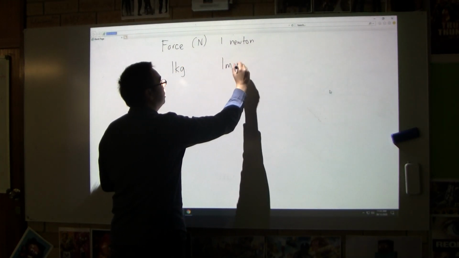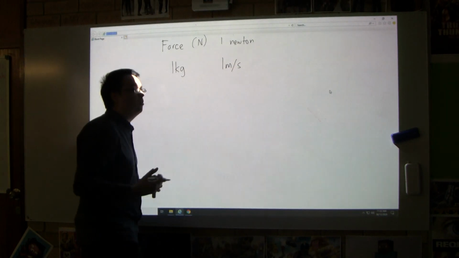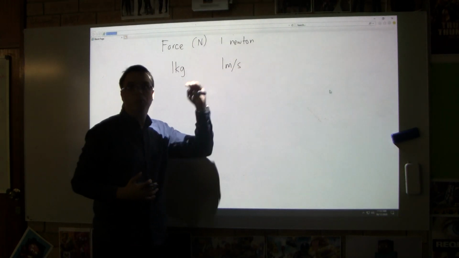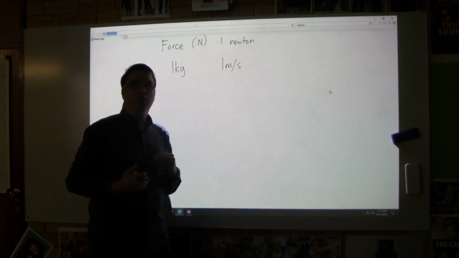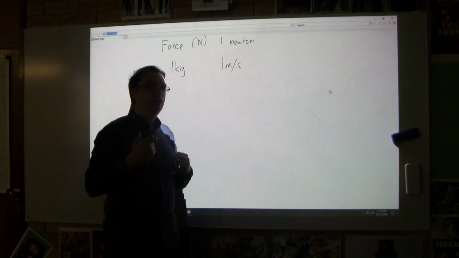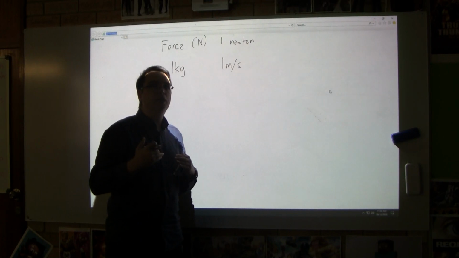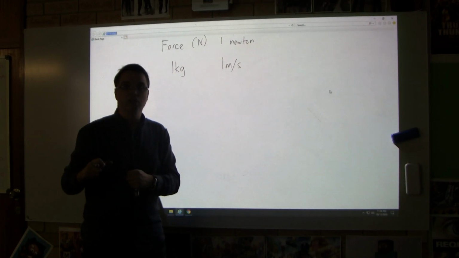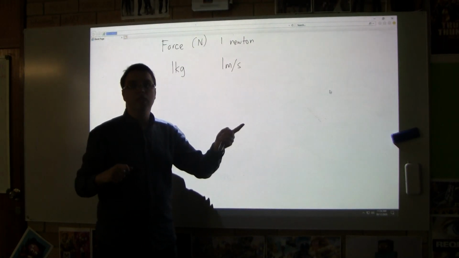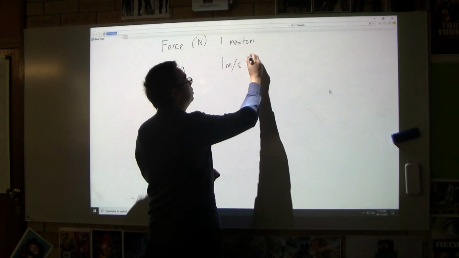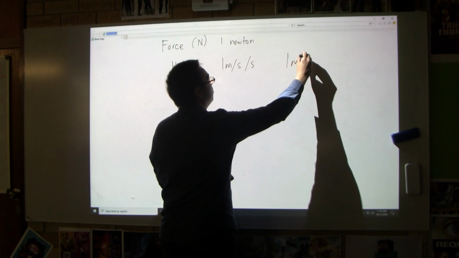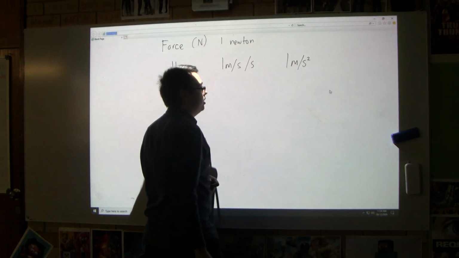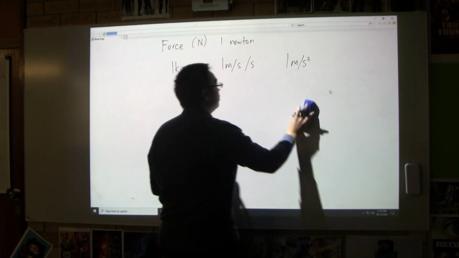meter per second. 1 meter per second is about 3.6 kilometers per hour. And then it's increasing its speed by that rate every second, by 3.6 kilometers an hour, or 1 meter per second every second, which we can write like that: 1 meter per second squared is how we tend to write it. Now on Earth,